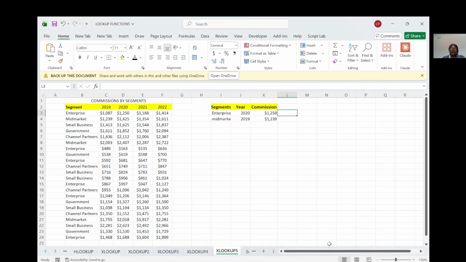All right, so here now we want to look at using the lookup function, especially the XLOOKUP function, where we have to calculate a particular value for two criteria. Here we are looking at segment and year, the commissions in segment and year. We're going to use XLOOKUP instead of any other type of lookup. Now we're going to have is equal to XLOOKUP,